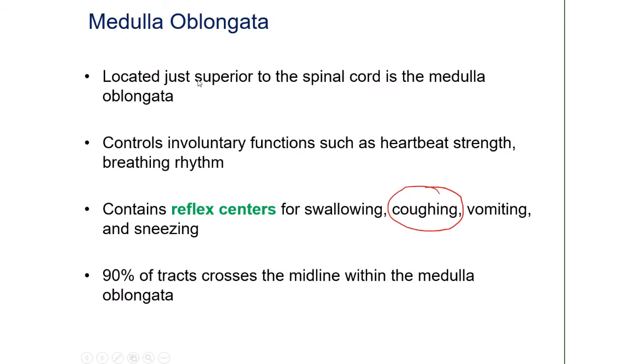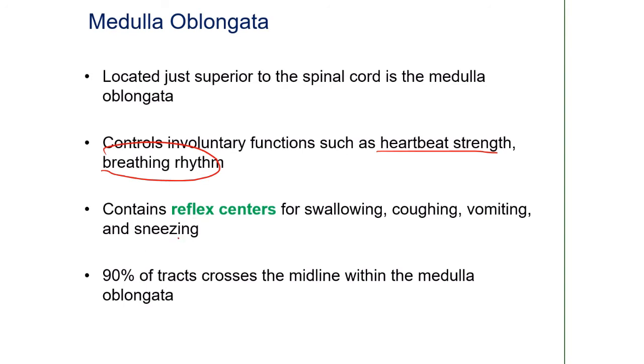And the lowest part of the brainstem is the medulla oblongata. We learned about the medulla oblongata first in lecture 4 in the respiratory system. We know it controls your breathing rhythm, but it also controls things like heartbeat strength. There are also several reflex centers located in the medulla oblongata, and these reflex centers control things like swallowing, coughing,